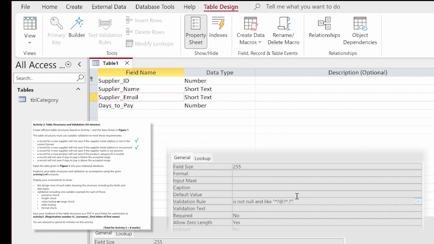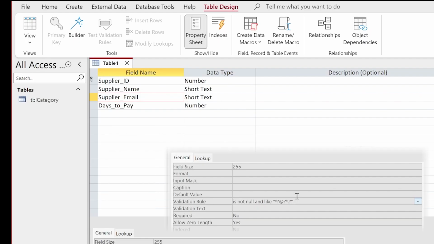What this validation rule does is allows us to tick off two of the requirements from our table structure and validation question in activity 2. We've made it that a record for a new supplier will not save if the email is not in the correct format, and also we've made it that a record will not save if the value is not present in